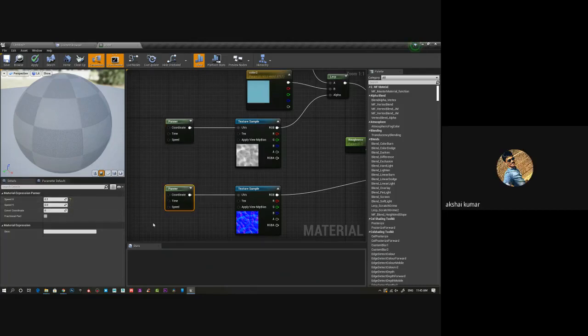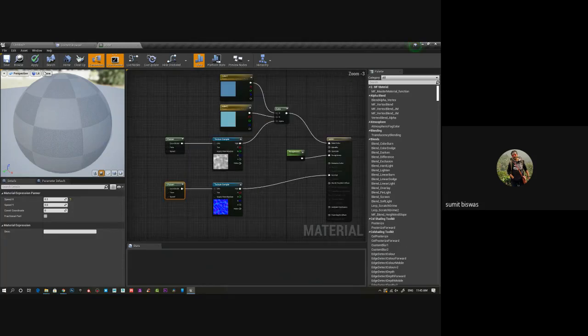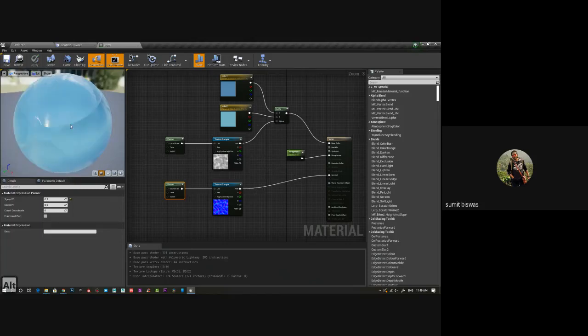If I want, I can change the value and things, and then save it. This is the basic material. If I want one more normal, I can add one more normal. So you can see I got this reflection, nice, clean.